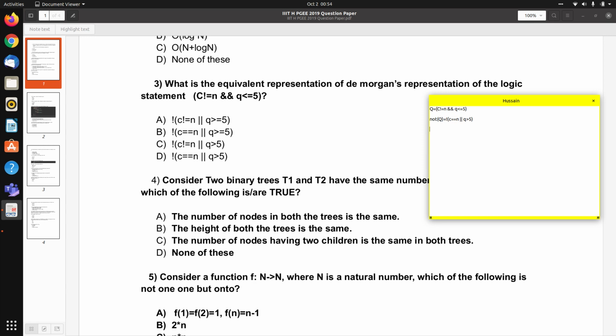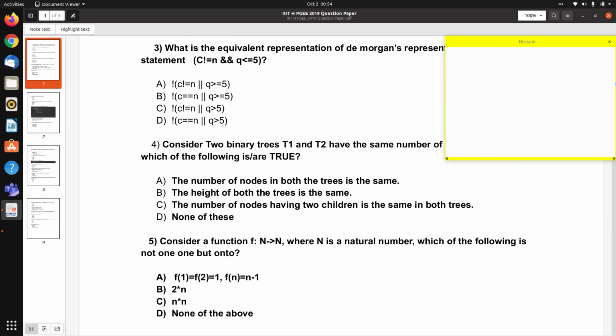If we need to find the equivalent expression for this in terms of union and complement, we will do not of A or not of B. So the same thing we did in the expression, and so the correct answer is D. D is the correct answer. Let's move on to the next question now.